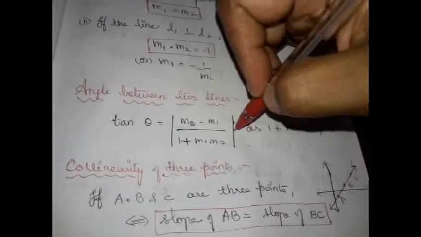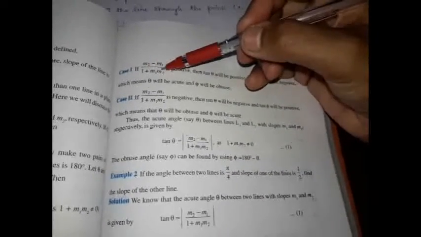When it comes to angle between two lines, I wish to insist one more thing based on this concept, because we are going to solve problems on that now. So, see, tan theta, what we learnt, tan theta is modulus of m2 minus m1 divided by 1 plus m1 m2. There can arise two cases. One is m2 minus m1 divided by 1 plus m1 m2 is positive. That's why we have expressed it inside the modulus sign. It can be positive or it can be negative.